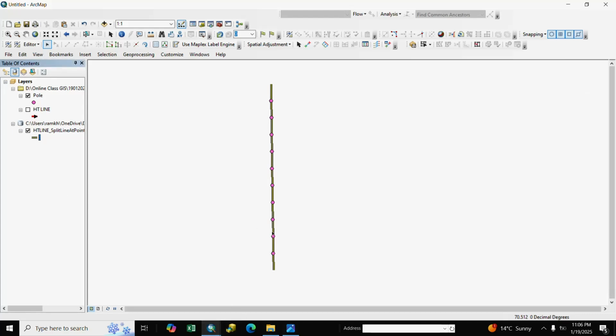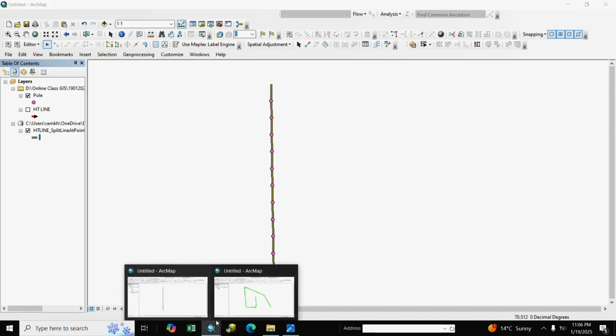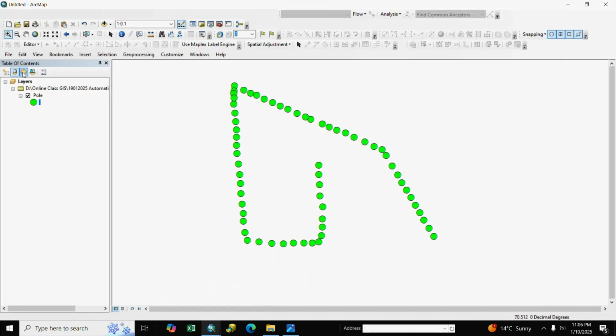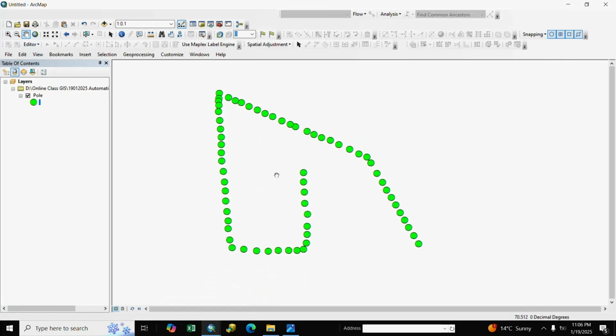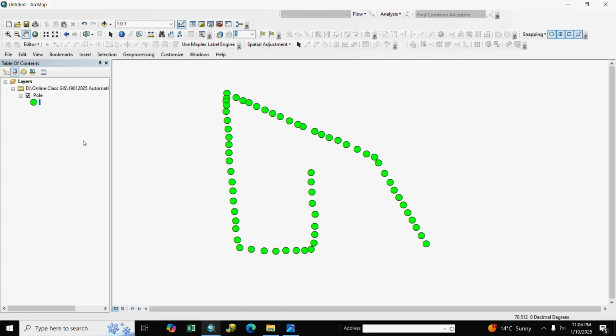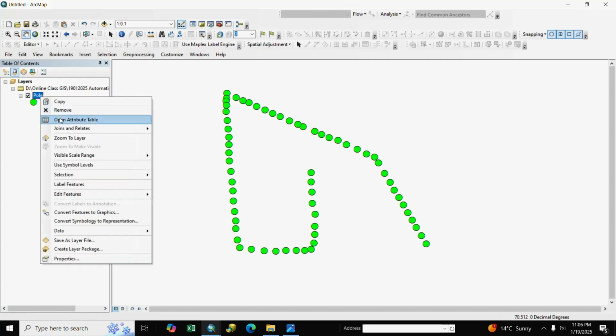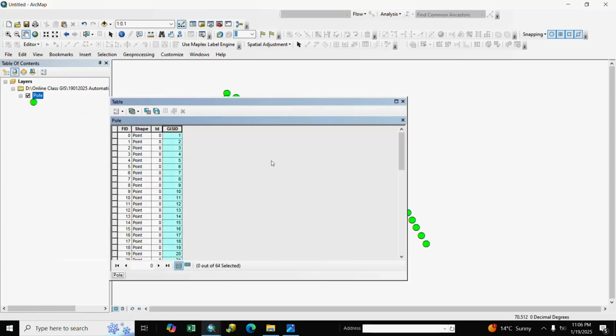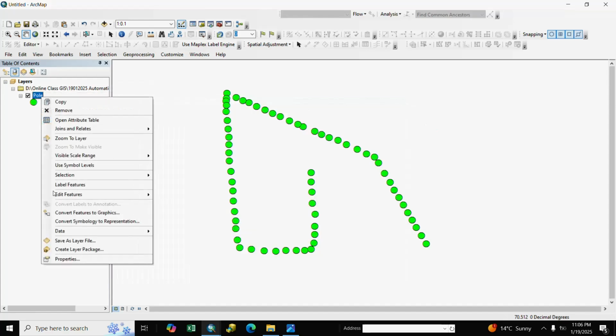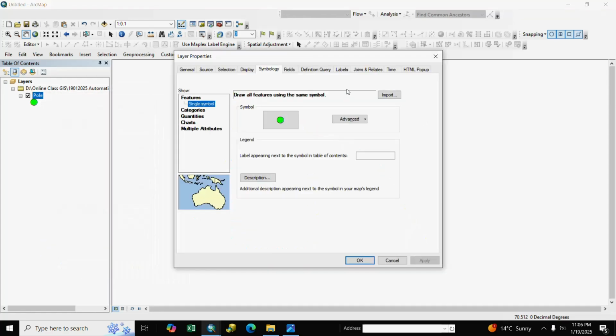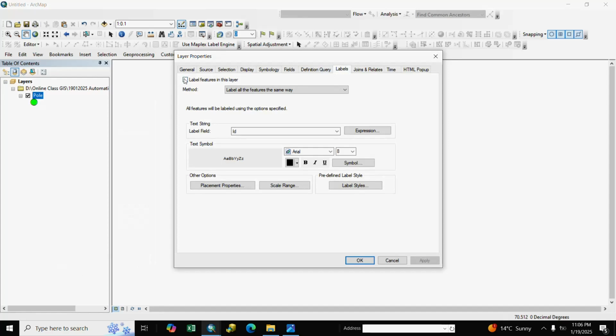line generation, automatic line generation. So here are our poles. You see here the poles. Here is the GIS ID. We display the GIS ID. Labeling, GIS ID.